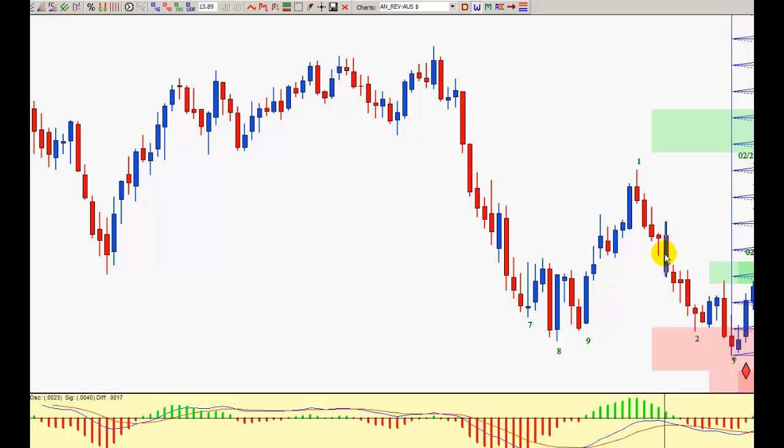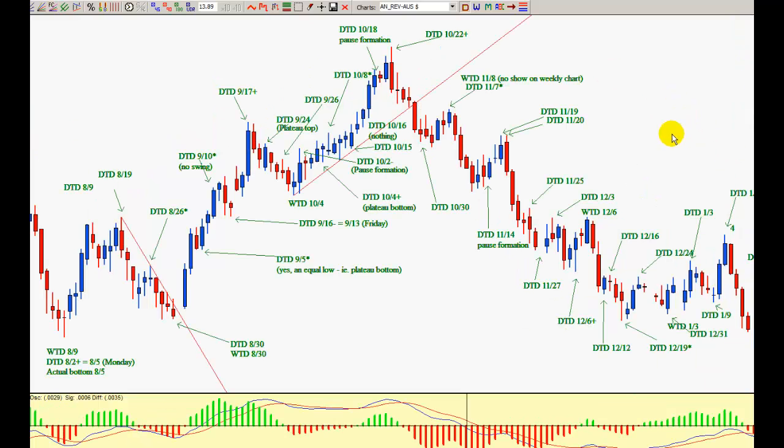You can't actually see a swing bottom here, because the outside bar kind of covers up the low. But it did make a weekly swing bottom here, or a weekly bottom. Then it ran up, made a top, and then came back down. So it started the correction, but it was a weekly bar off. But anyway, that was neither here nor there. I just wrote no show on the weekly chart, but when you look at it, it did show. It just wasn't so obvious when I looked at it. Anyway, moving down,